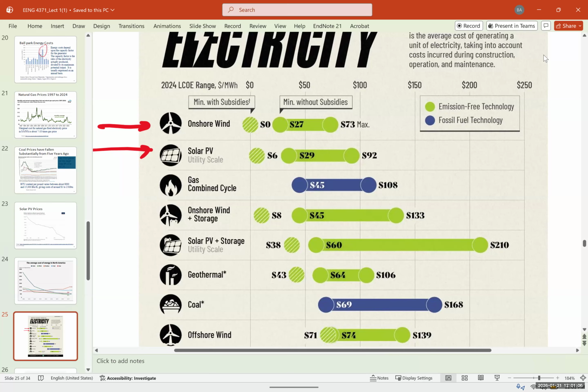Sodium batteries, or liquid batteries, other types, and also solid state batteries are becoming cheaper. I think in the next 10 years, this graph would move to the left, and it will become very, very much cheaper than gas. At that point, it would not make sense to build any gas power plants or coal power plants. Right now, as you can see, it's much cheaper with storage than coal. That's the reason there's a lot of interest in having these renewables with battery storage systems.